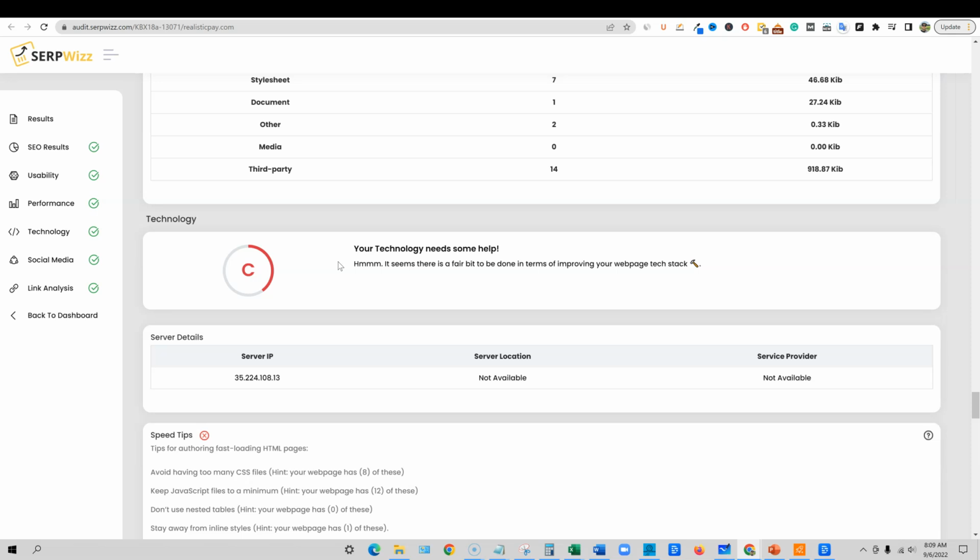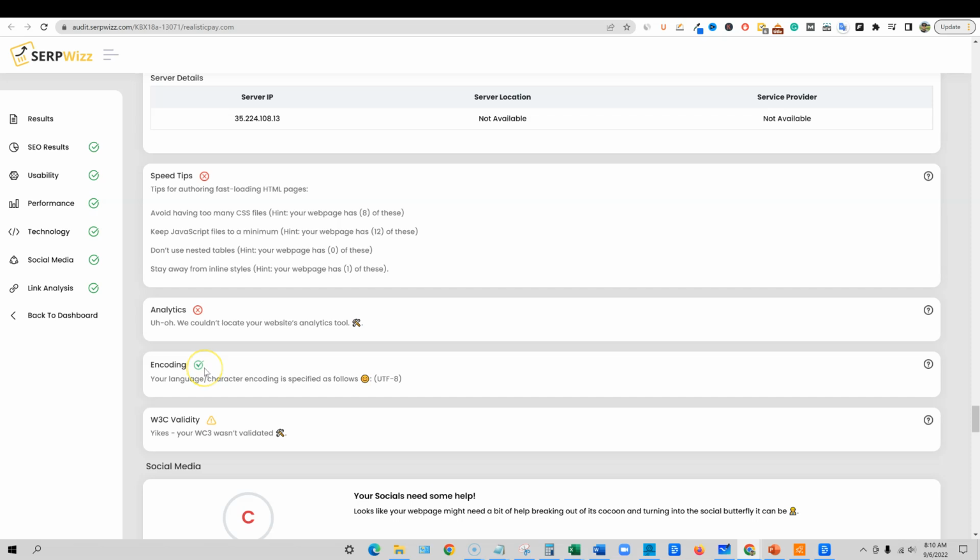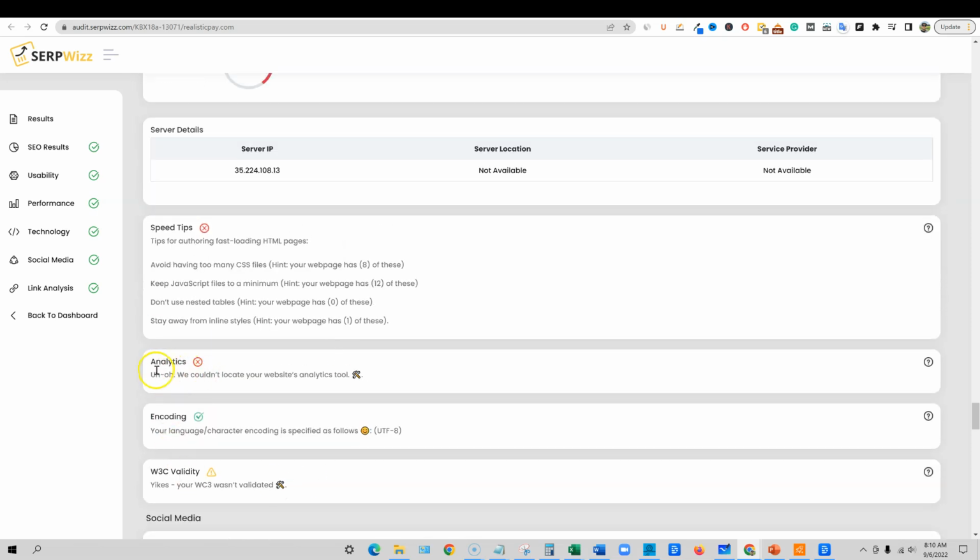It seems there's a fair bit to be done in terms of improving your web page tech stack. So server details, I'm not really sure if that maybe just needs the theme might need to be updated. Tips for authoring faster loading HTML pages. So this stuff right here, I think this is the category right here. We need to fix, we couldn't locate your website's analytics tool. We do have Google AdSense, I mean not Google AdSense, Google Analytics installed, so I'm not really sure, but maybe